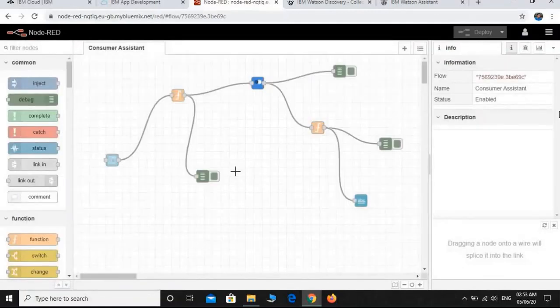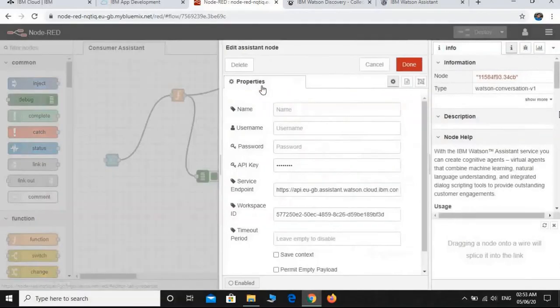Here we can see some functions, as I have already created all the functions. So I am just going to show you the remaining process. Like this is my assistant, which follows these things.